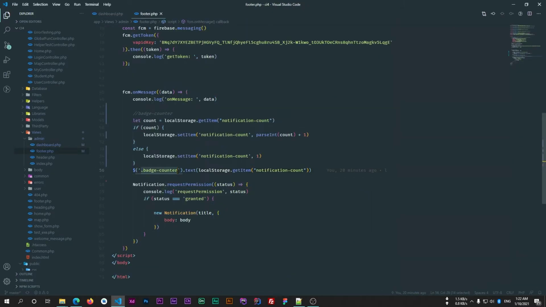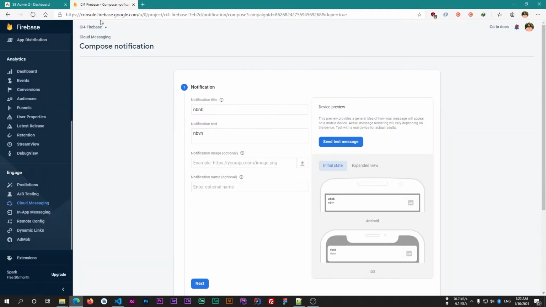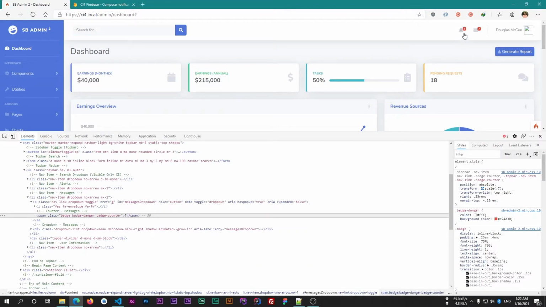Now reload the web page. Now I'll send a notification again, and as you can see, now only the count of notification is increased.